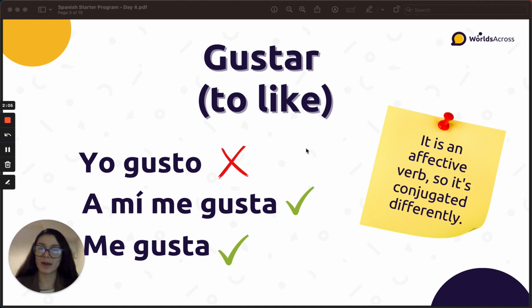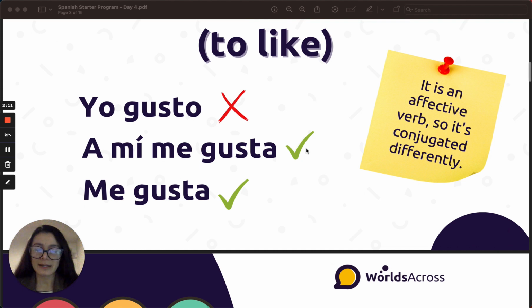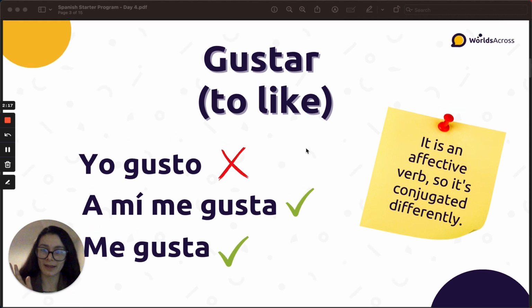So that's why I don't use the subject yo, all right? So we can say a mí me gusta or me gusta to express that I like something. We don't say yo gusto, even though the translation of I in English is yo. In Spanish, we're going to use a mí me or me, depending on the verb. Muy bien.